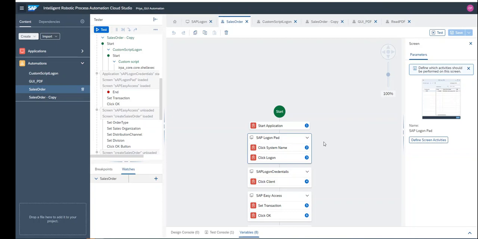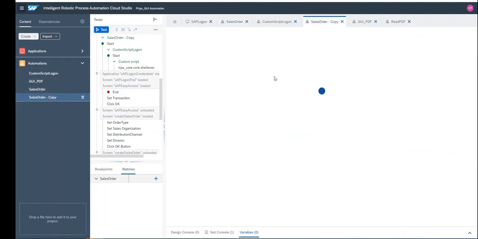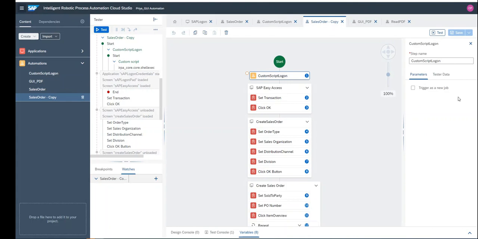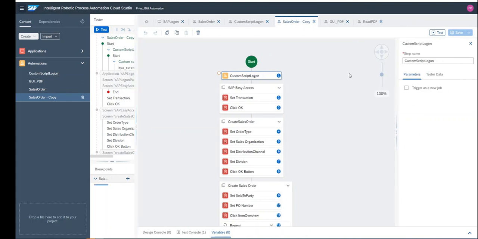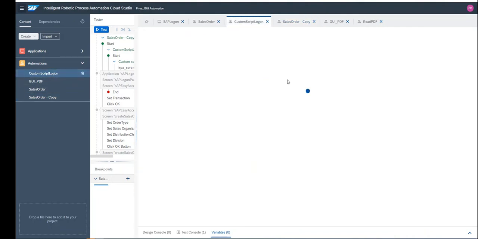But there may be scenarios in unattended mode where sometimes you click on the client ID, it may or may not work. And most of us know in unattended mode, it's always advisable to have a minimal number of click events. So you can even use a custom script here. I would advise using this only in unattended modes because it's no code and low code, so it's always advisable to use the activities. So with the custom script here, you can, okay, I have reused it. So let me directly go to the custom script login.